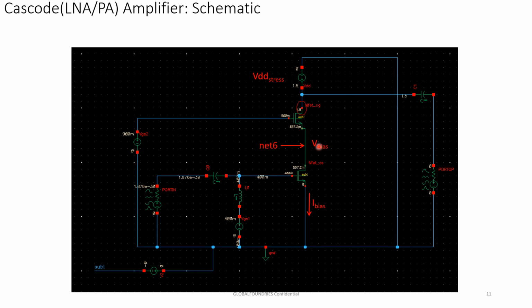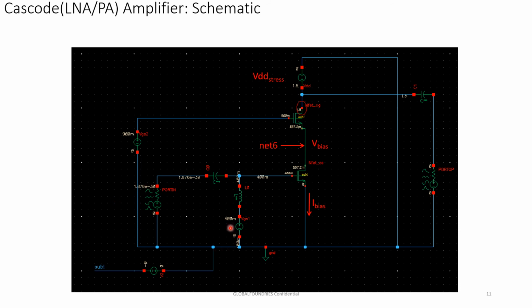Another example of a circuit level reliability simulation using RelExpert is the following. I have a cascode configuration, that is, a series combination of N MOSFETs, which is a typical configuration used in both LNAs and PAs, and that's why I took this example deliberately. And let's say I have increased the VDD stress from 1 volt to 1.5 volt, as you can see here in the circuit schematic. Now let's see how reliability simulation will affect this.